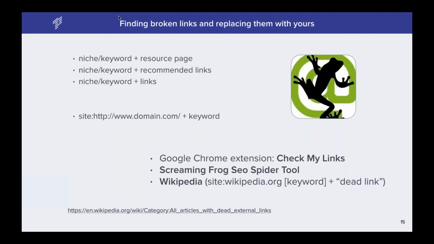Now, if you Google Wikipedia, your keyword or your niche, for instance, and the words dead link, you will pretty easily find Wikipedia pages that have a dead link on them and are also related to your business. You can skim through them and find resources that are no longer there, and you can exchange them and have your link put in instead.